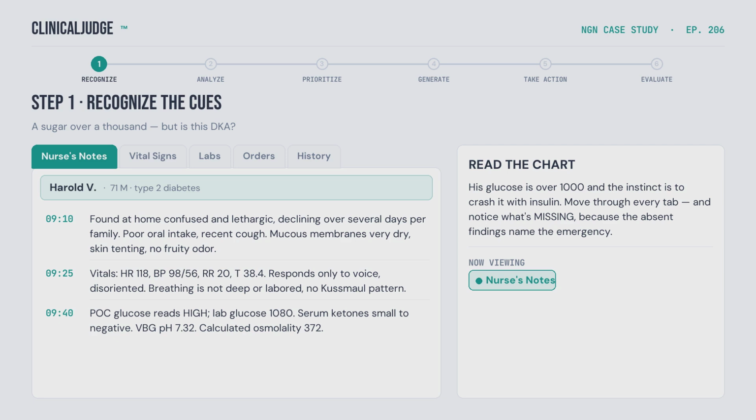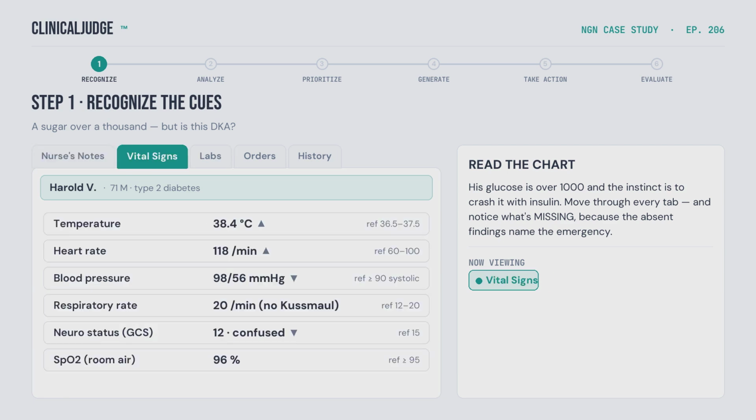Take it in. Open the vital signs tab. His heart rate is 118, up, and his temperature is 38.4, a low-grade fever that hints at an infection underneath. His blood pressure is 98/56, on the low side from dehydration. And notice 2 things carefully. His breathing is 20, normal. There is no deep Kussmaul pattern here because he is not acidotic, but his neurological status is not normal. He is confused, responding only to voice. That altered mental status is a central cue because, in this condition, how awake he is tracks how concentrated his